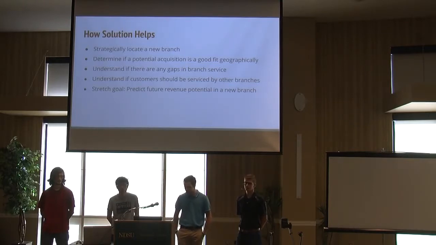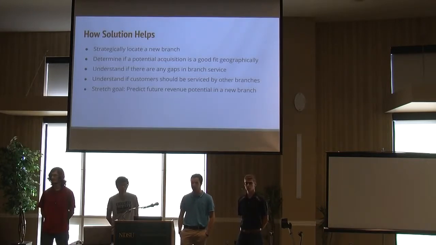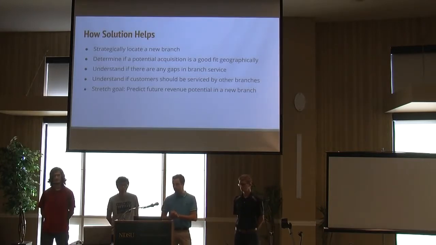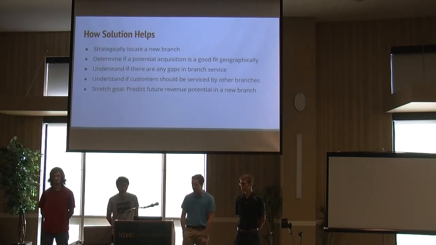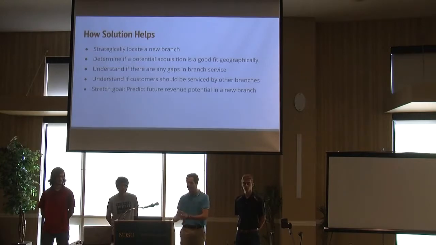The second is being able to determine if a potential acquisition is a good fit for them geographically as well as financially. And then I already touched on understanding if there are any gaps in branch service. It'll also help them understand if customers should be serviced by other branches. If one branch is closer to a customer, maybe they can be serviced from that one instead of another one,